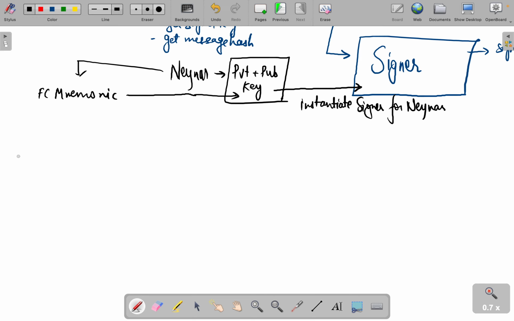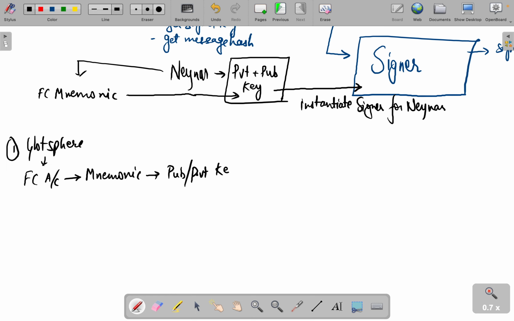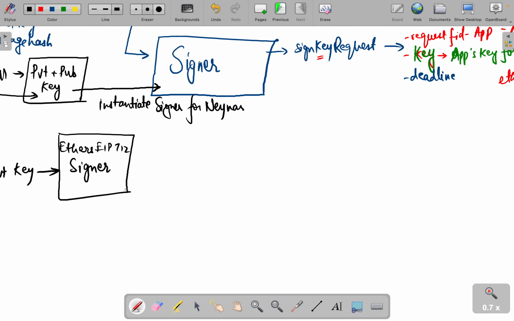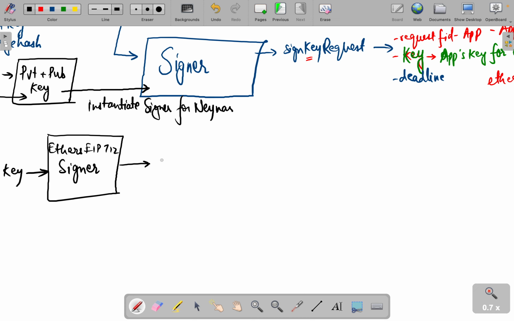So the flow would look like, let's say I have an app, my multilingual app, let's say Glotsphere. What I should do ideally is have an FC account for this. So I will have a Farcaster mnemonic, which I will use to generate my public private key, which then I use to generate my signer, ethers or VM, whichever it is, ethers EIP 712 signer. And inside the signer I have a sign key request, wherein,